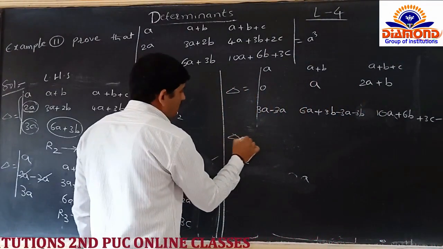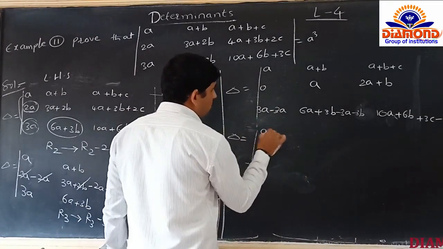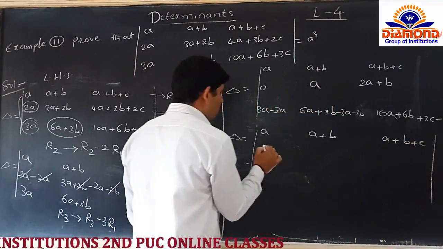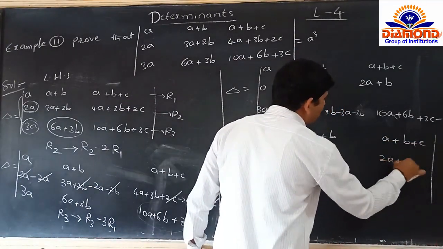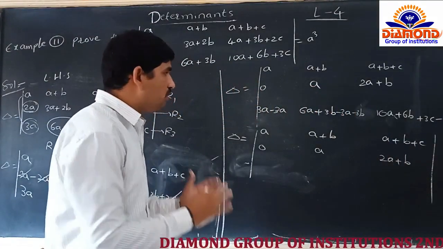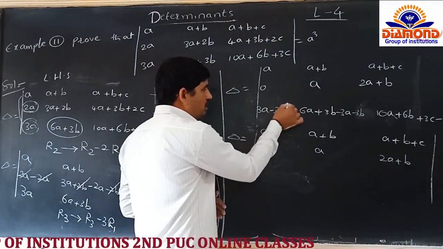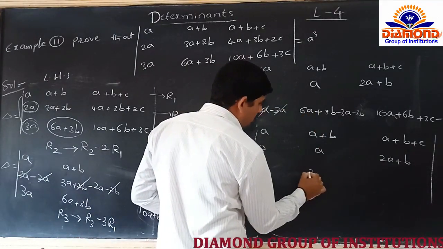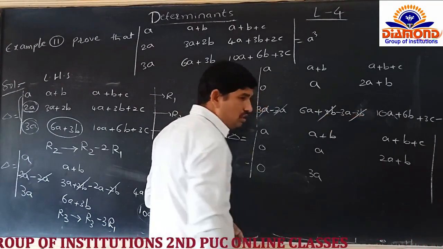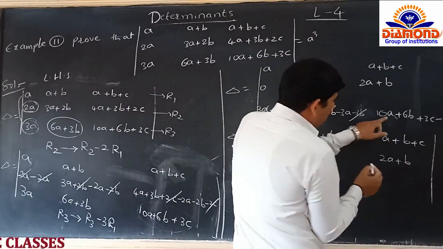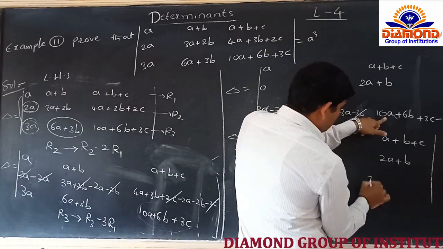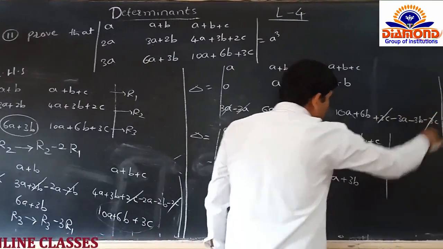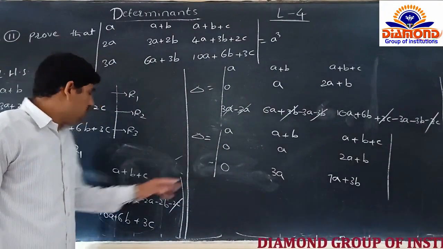So then the determinant is equal to, first way again as usual, and second way again as usual. We are not applying any operations, means you have to write it directly. For the row where we apply the operation, we have to be alert. So 3a minus 3a gets cancelled, the result is 0. Then 6a minus 3a we got 3a. Then 3b minus 3b gets cancelled. Then 10a minus 3a should be 7a. Again, 6b minus 3b will be equal to 3b and 3c will be cancelled. Sir, two places we have to get a 0.